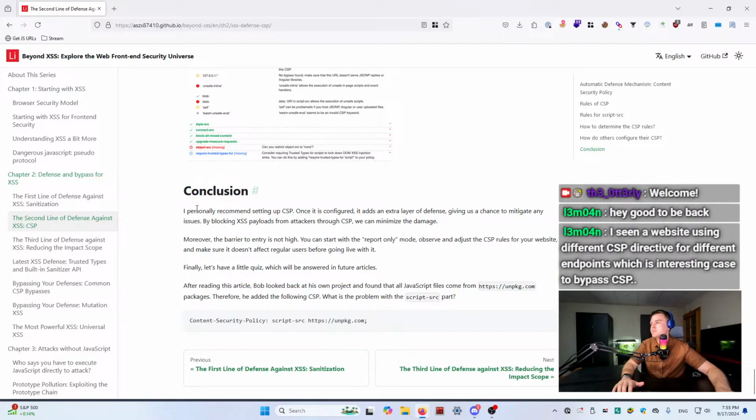Yeah, so conclusion, I personally recommend setting up CSP. Again, this one is for the defensive side. Once it's configured, it adds an extra layer of defense, giving us a chance to mitigate many issues. By blocking XSS payloads from attackers through a CSP, we can minimize the damage. Yeah, so this is a really good second line of defense for the developers, but not every time that will be used for sure,